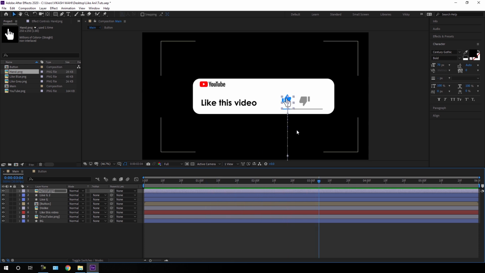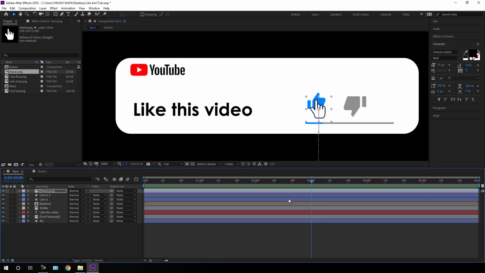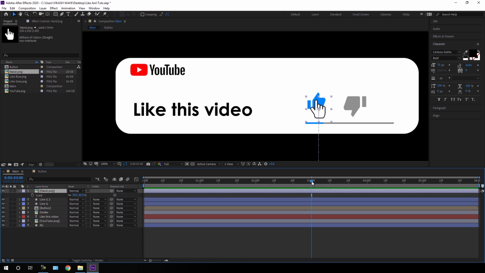And now I'm going to create the click animation. So just go to 3 seconds, this time hit S on the keyboard to open this scale property, lock this value as it is, go 10 frames back in time, and I'm going to create one more keyframe and lock this value, go 10 frames forward in time right over here, add one more keyframe and lock this value, and just go to the center keyframe, and here we have to bring the value down, so I'm going to set this value 30%,